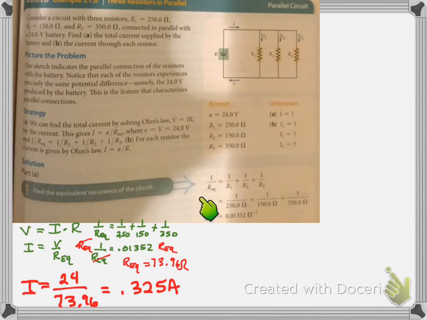Now I need to find the current across each circuit. So I know the total amount of current flowing through here. When it gets here, some of the current's going to go here, some's going to go here, and some of it's going to go here. So I want to figure out the amount of current that's flowing through each one of those. And I know, keep in mind that voltage will stay constant. The potential difference stays constant all the way through, and the current is going to change on this one. So if I figure this out for each one individually,